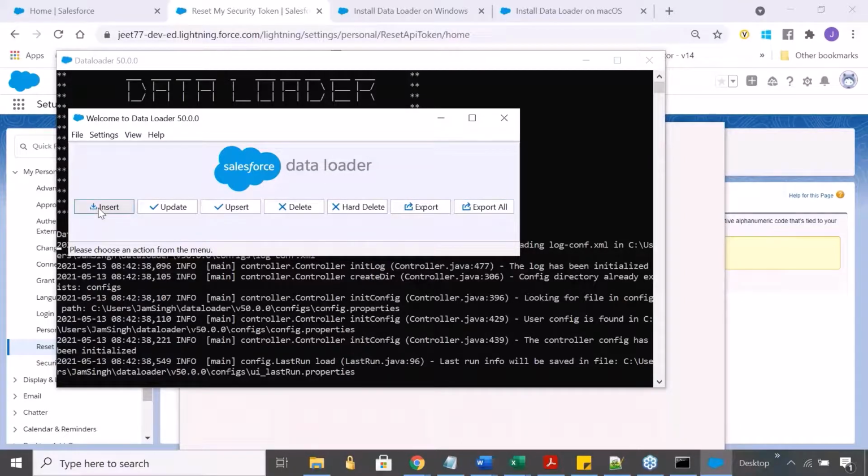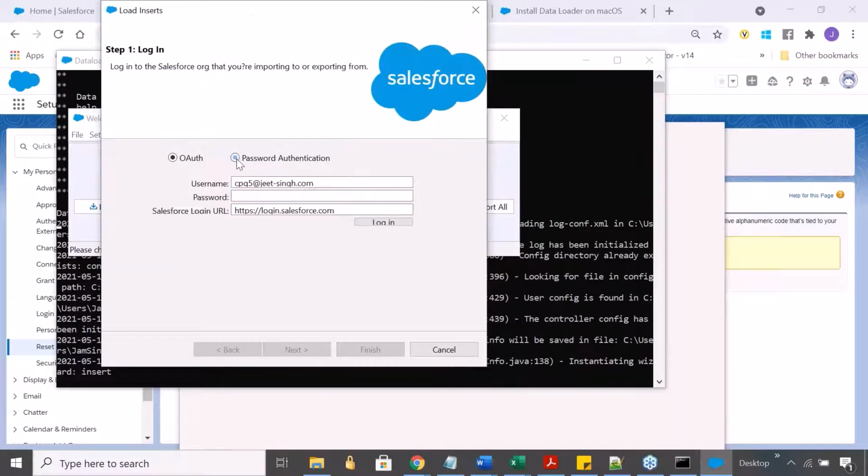If I click on insert now, before it actually does anything, it will ask you to log in. Once you've logged in, after that you can keep clicking on any of those buttons. I can use the password authentication, put the username and password here. As I told you, you have to put the password and paste your security token.